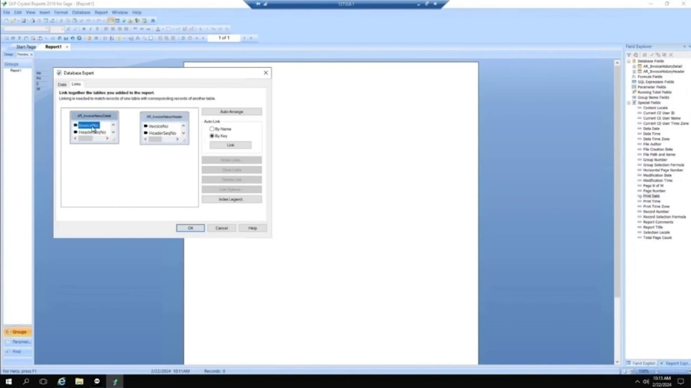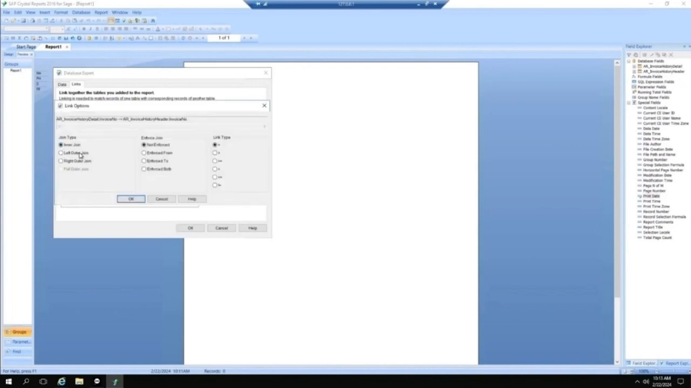So what I'm going to do is left click and drag over and create a link between the invoice history detail and the invoice history header. And this is pretty critical right here, that I'm going to make it the join type is how it knows how those files are linked. In other words, if I do a left outer, I'm saying that that is a